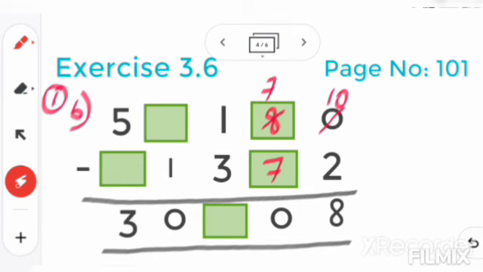Okay, now the next one. Here we have 1 and here we have 3. So 1 is small, 3 is big. So you cannot minus from small to big. So you will borrow from here. But here the number is not given. Okay, so you must keep in mind that already we have minus 1. From there only we are giving 1 here. So this will be 11. Okay, this is just to keep in mind, afterwards I will rub it. So now 11 we have here and here 3. So 11 minus 3, how much will it be? 8. So in this box now 8.